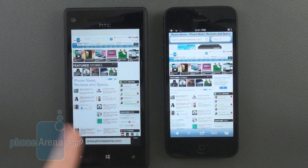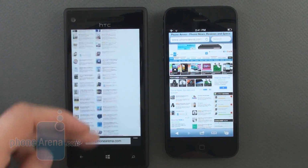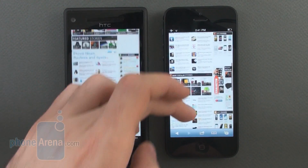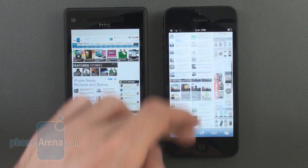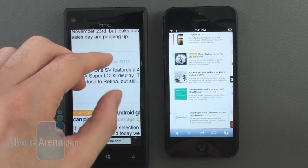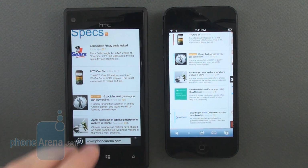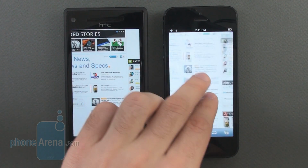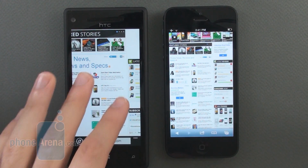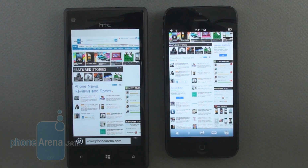Both Internet Explorer 10 on the 8X and Safari on the iPhone 5 deliver exceptional experience when browsing web pages. As you can see, scrolling is very smooth on both devices. Pinch to zoom as well, we have no complaints, probably a few frames more on the iPhone 5, and double tap to zooming also works great on both of these devices,